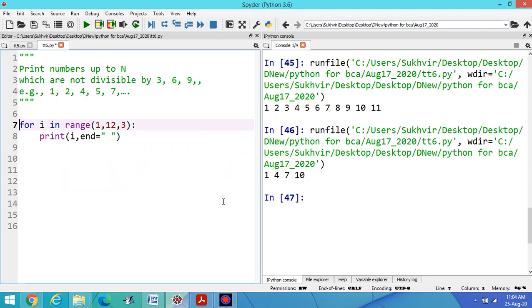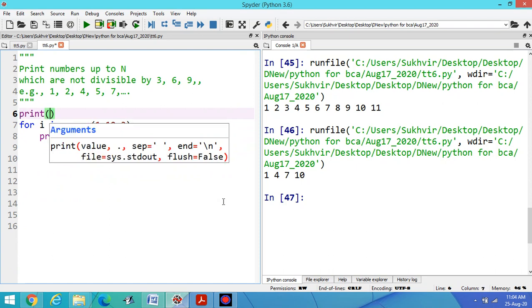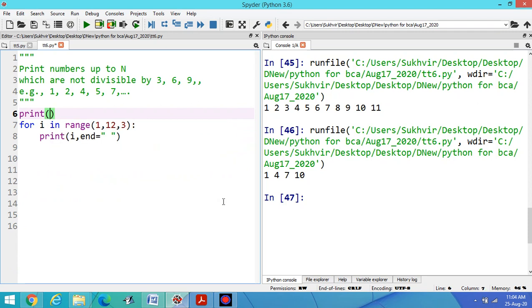Suppose I am writing print, or you can write n is equal to int input, enter n, like this.